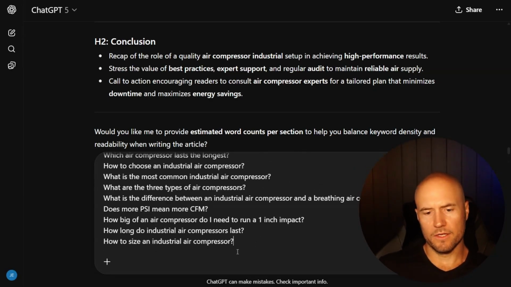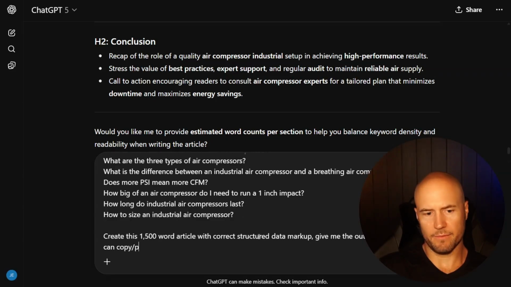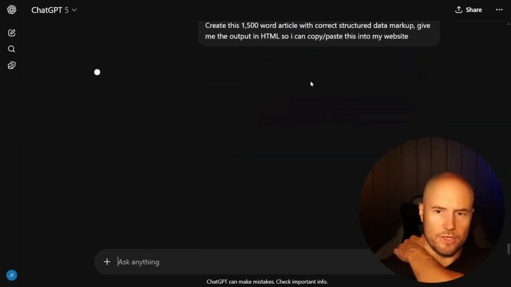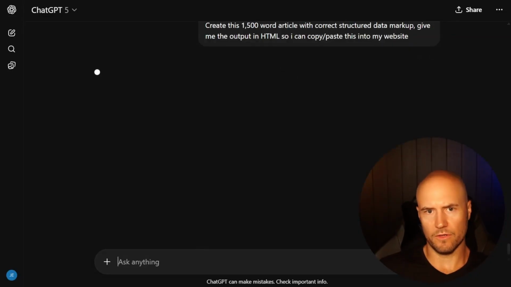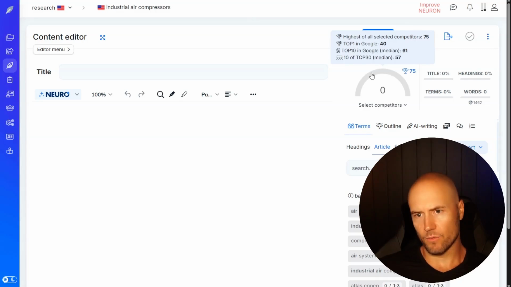So now we should create this 1500 word article with correct structured data markup. Give me the output in HTML so I can copy paste this into my website. And now we should get a pretty good article that we can paste into NeuronWriter here and see how we